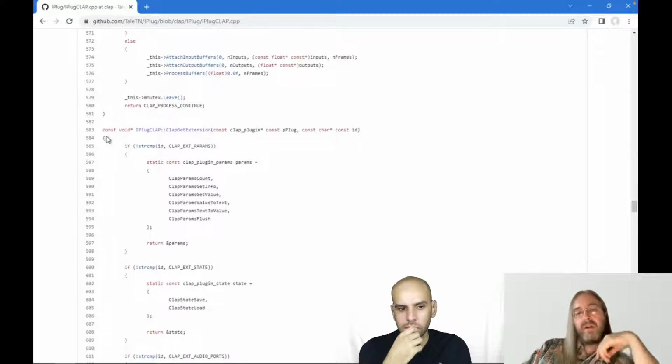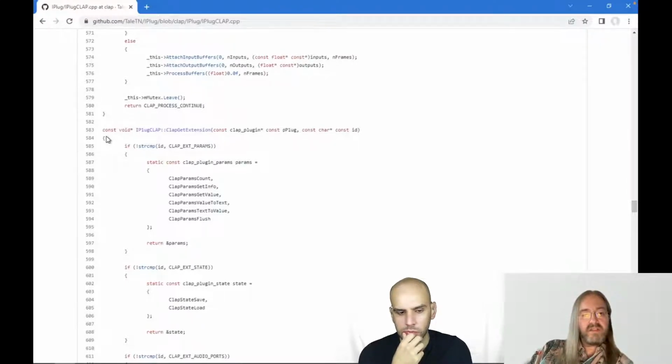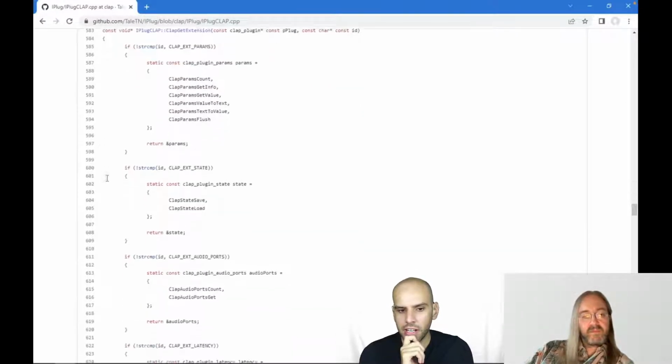Yeah, one thing I noticed when I was building up the support for clap in my iPlug is it's very easy to not support an extension because you just leave all the code out. So it's very easy to slowly build your plugin from something that does nothing to something that does more and more. And that's not so easy with VST2 because there are lots of opcodes you have to handle. You have to return a specific value just to say, I don't support it. So that's a design decision that I really appreciate.